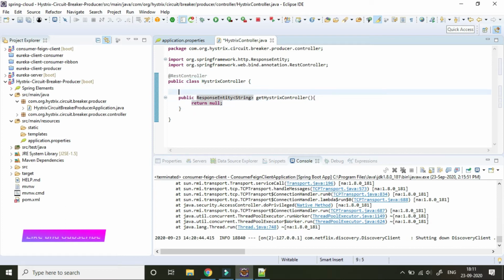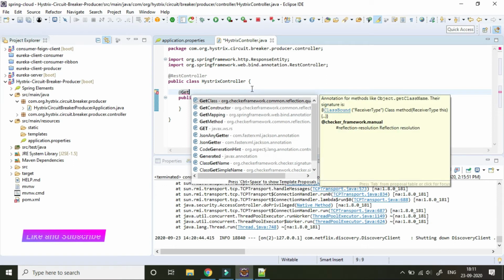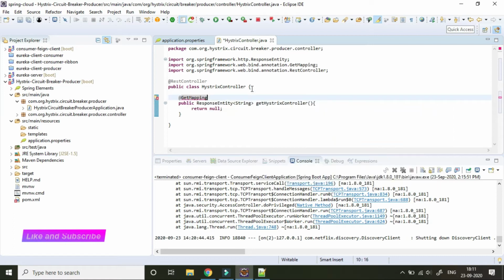So this is our get method, so we will annotate it as GetMapping and also provide the path by which we will access this particular endpoint. Now we will create a fallback method.